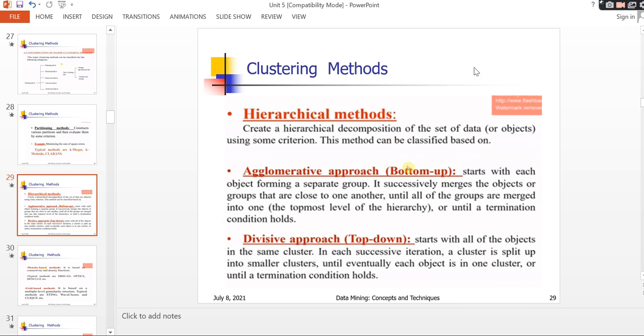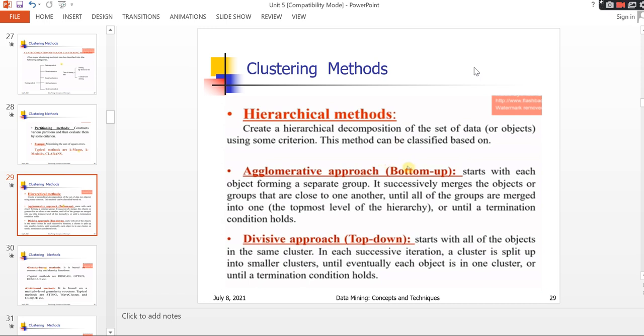If you take a data set that contains 100 elements, 100 objects, and you divide those 100 objects, the first 50 into one and the second 50 into another, then what you have done is divide. That is the second approach, the divisive approach, which you can observe in the slide. Here you divide 100 elements into 50 and 50, again 50 elements into 25 and 25, like that from higher to lower, top to down.